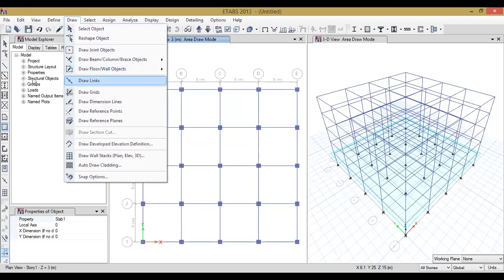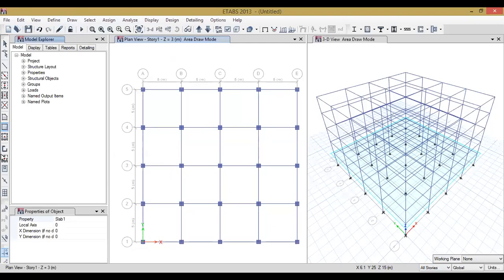Similarly, these three properties already appear here in the vertical box. First one, Draw Floor or Wall. Second one, Draw Rectangular Floor or Wall. And third one, Quick Draw Floor or Wall. Right? So as in our geometric plan, all the slabs appear in rectangular shape. So let us draw our slab by clicking over Draw Rectangular Floor or Wall.